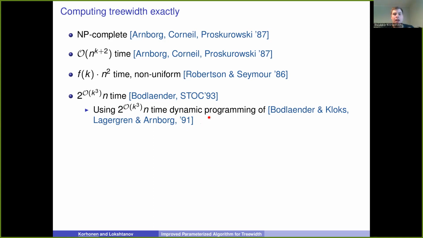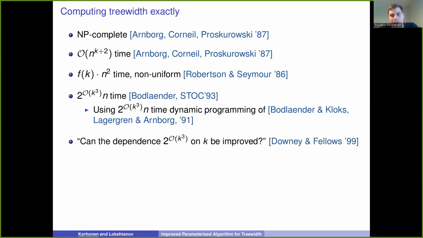So this is how this works: it uses dynamic programming on Treewidth to compute Treewidth. After this, the dependence on n is linear, so of course it's optimal. But for the dependence on k, we can ask: is this optimal? Can the O of k cubed dependence on k be improved? This was asked first by Downey and Fellows in their monograph in '99, and basically nothing happened